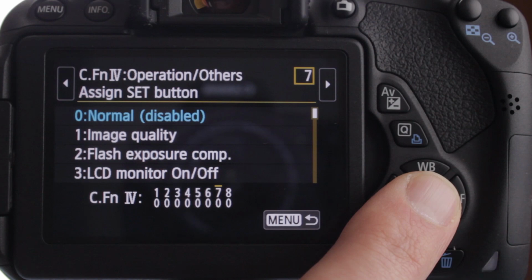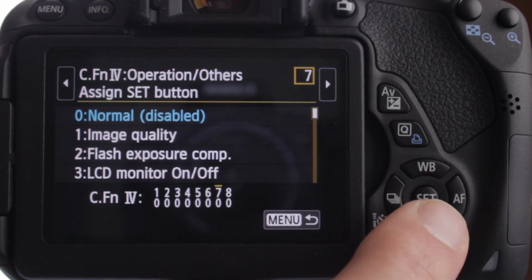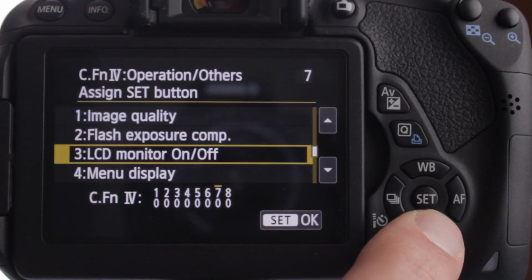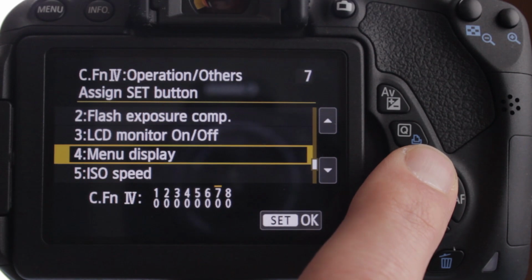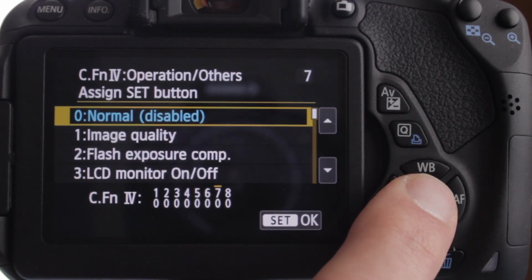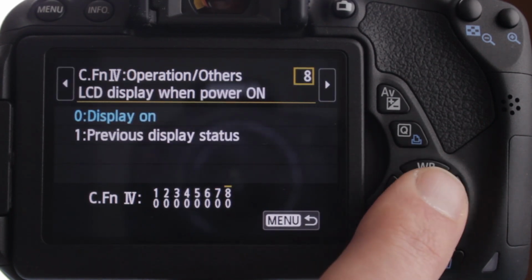Operations other. So you can set the set button, the one right here, to do a lot of different things like change the image quality, flash, menu, ISO. We already have an ISO button, so I don't know why you'd want it on the set button as well. To be honest, I just leave it on normal. Next,